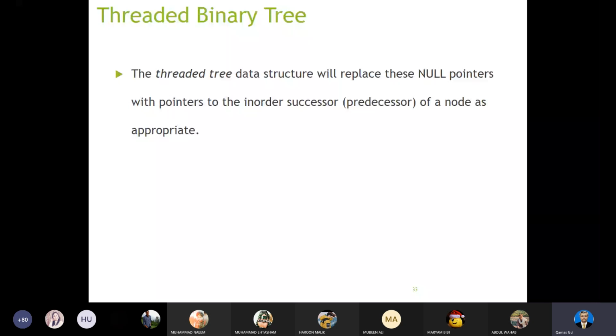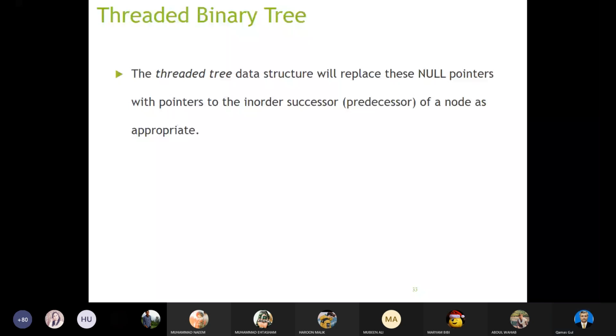अब देखें, किसी भी बाइनरी ट्री के अंदर जितने भी नल पॉइंटर्स हैं, अगर उन्हें हम पॉइंट करना शुरू कर दें, किस तरफ, इन ऑर्डर सक्सेसर की तरफ या प्रीडिसेसर की तरफ। अब आपको पता है इन ऑर्डर सक्सेसर क्या होता है, प्रीडिसेसर क्या होता है, you already know this. जब हमने बाइनरी ट्री के लिए डिलीशन के केसेस पढ़े थे, और जब हमने रोटेशंस को अप्लाई किया था, तो उस वक्त मैंने आपको इन ऑर्डर सक्सेसर और प्रीडिसेसर के बारे में बताया था कि वो कौन से नोड्स हो सकते हैं, ठीक है।